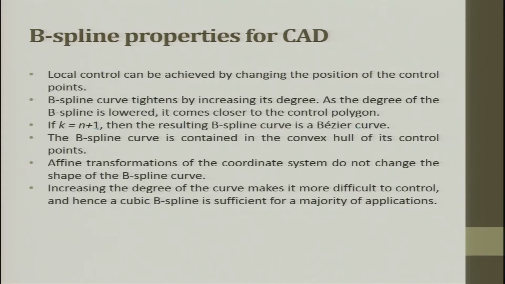If k is equal to n plus 1, then the resulting B-spline curve is a Bézier curve. If k is n plus 1, then the resulting Bézier is a B-spline. The B-spline curve being contained within the convex hull of its control points is very important. Affine transformation of the coordinate system does not change the shape of a B-spline curve. Increasing the degree of the curve makes it difficult to control, hence cubic B-spline is sufficient for the majority